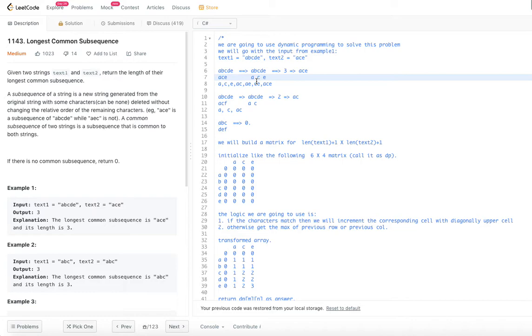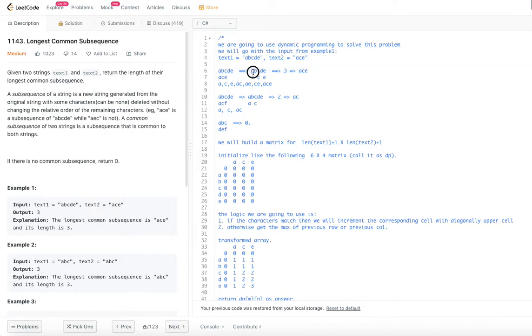If there is a match, we are going to see if there was a previous match, and at what length the match occurred. In that case, we are going to keep that in a matrix. So for that, we are going to add a 1, because there is an additional match.